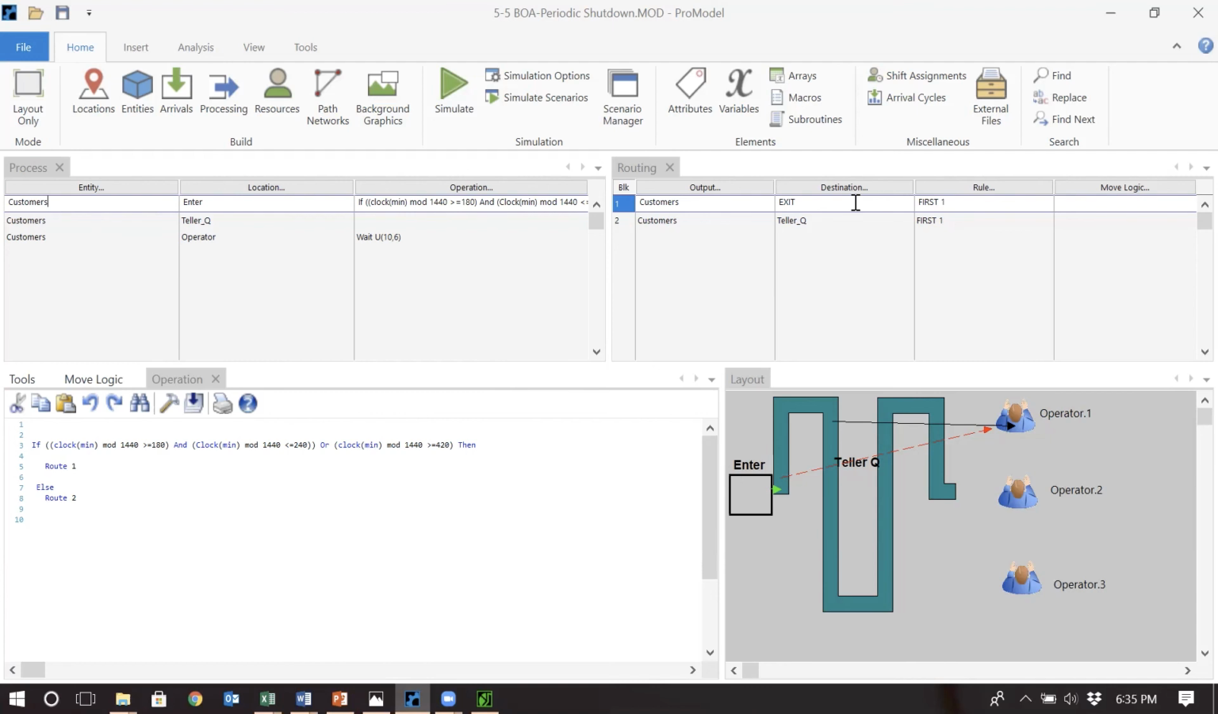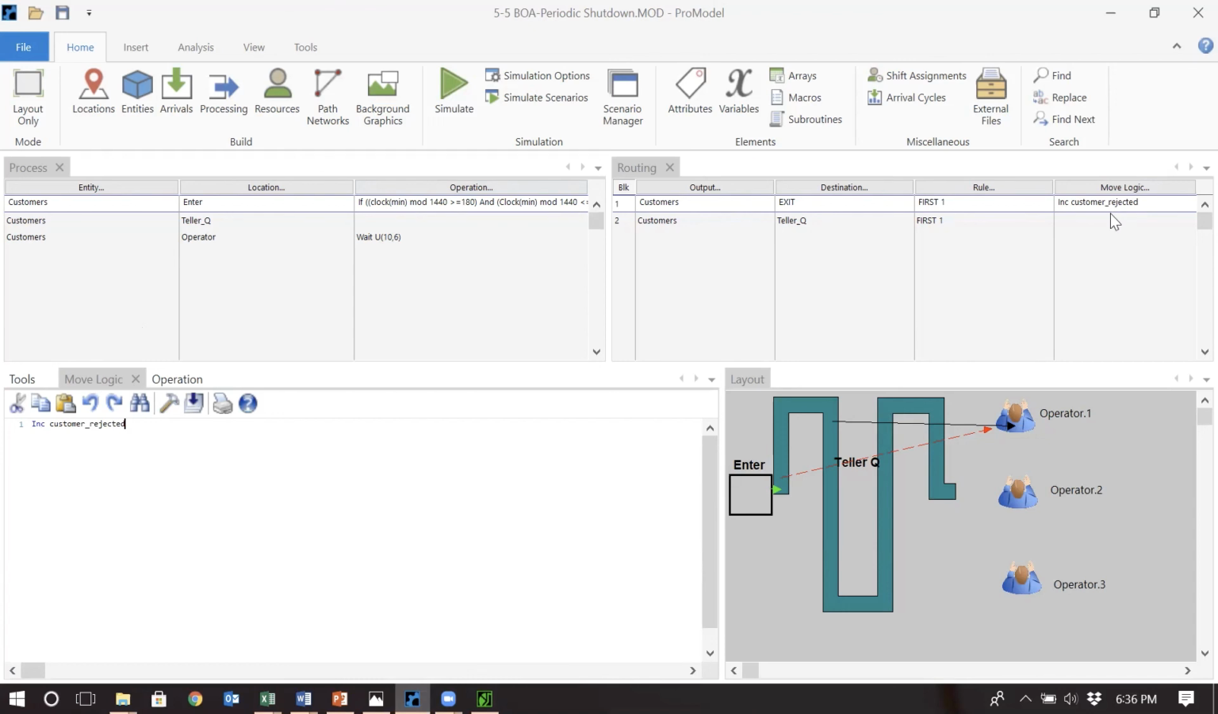So if I want to count the number of customers that got rejected, I can increase that variable right here in the move logic. So when the customer gets rejected, it's during the break time or after 4 p.m., and the customer goes to route 1 right here. When the customer is sent to exit right here, I'm going to write it in the move logic: I can just increase this variable that counts the number of customers that get rejected. That way, this variable, every time a customer is sent to exit because of this condition,